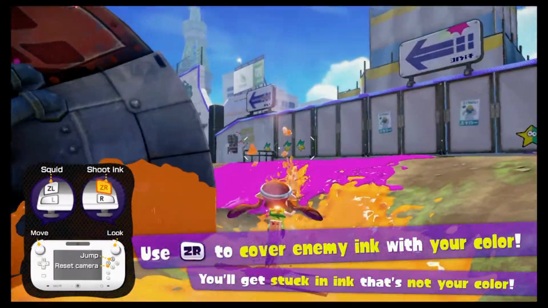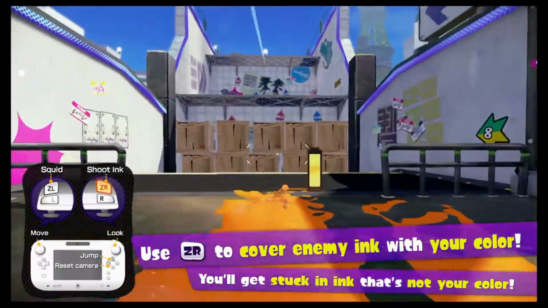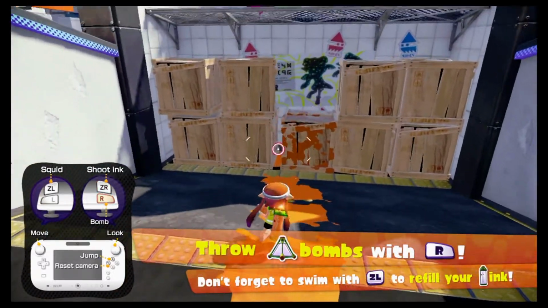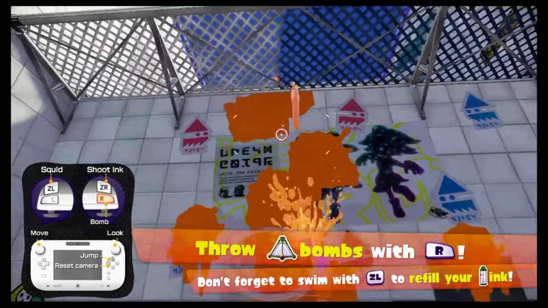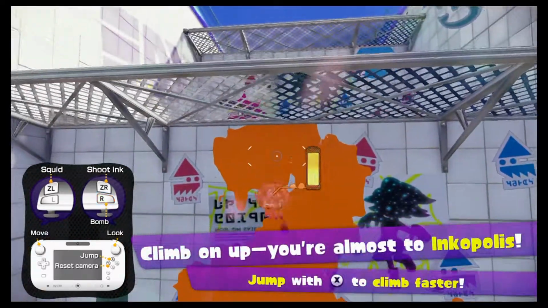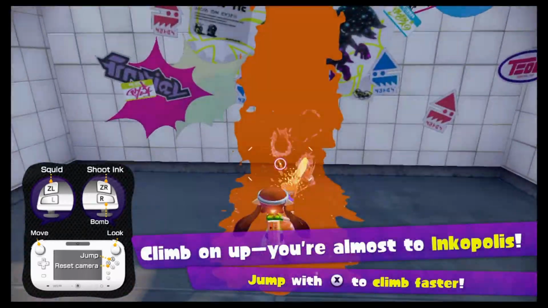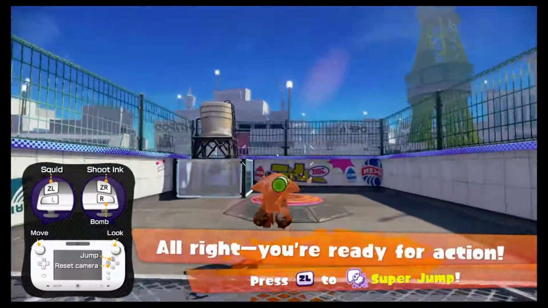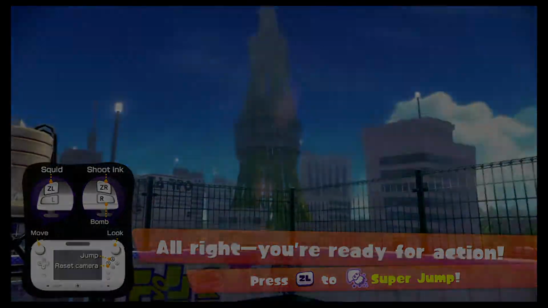You can swim through grating and fences and stuff. Your ink can break stuff. You can also throw a secondary weapon using the R button. And not shown in the tutorial is that you can have a special weapon, which gauge fills up as you shoot ink and cover territory. And then you use it by pressing in the right stick. That doesn't come up too often in the single player either, mind you, but...